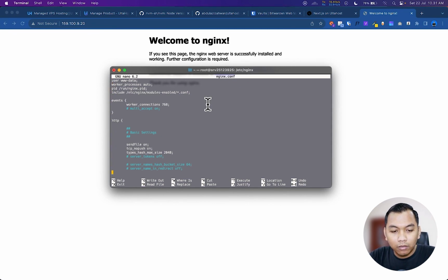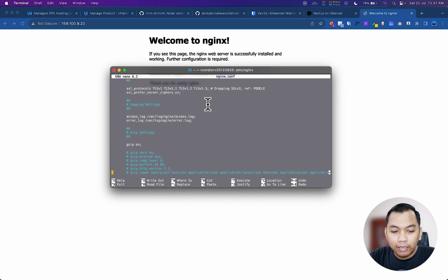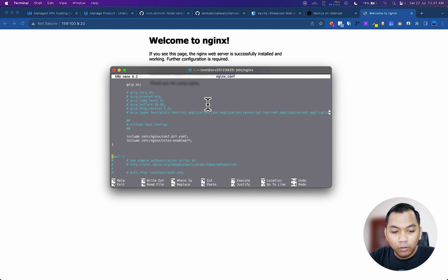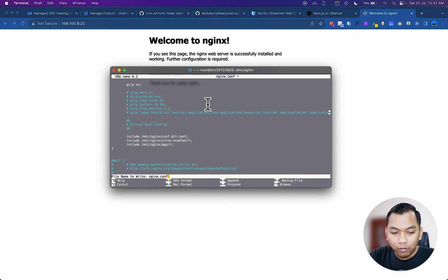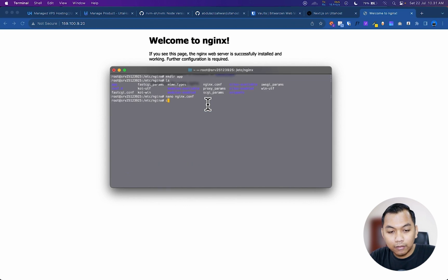We need to scroll down and find include here, and let's say include etc slash nginx slash app slash star. It means it will read all the files inside the app folder. Easy. So we can just press Ctrl O to save and then Ctrl X.